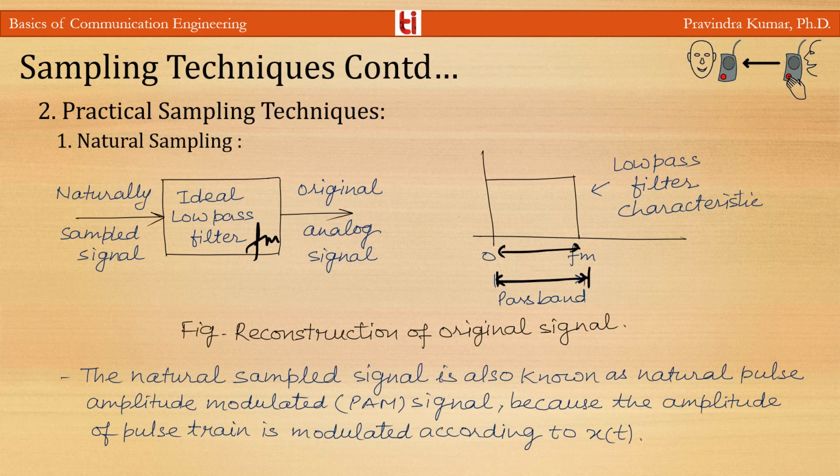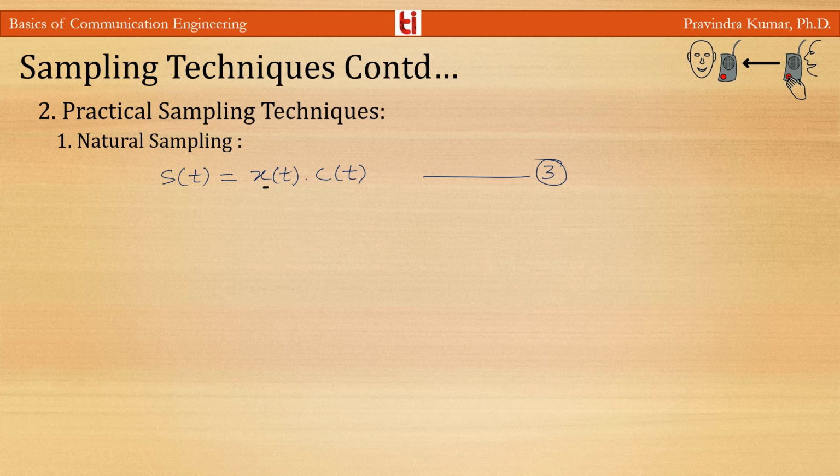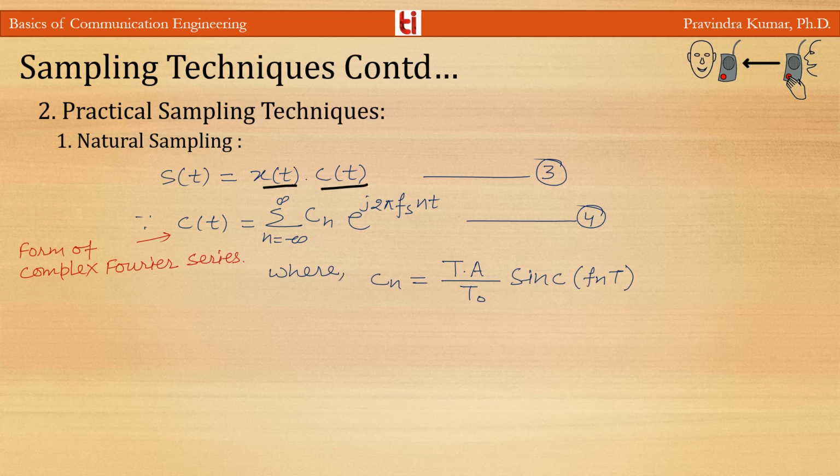is 0 to fm. The naturally sampled signal is also known as the natural pulse amplitude modulated (PAM) signal, because the amplitude of the pulse train is modulated according to the signal x(t). Now you know the sampled signal s(t) is the multiplication of the baseband signal x(t) and the sampling function c(t), and this sampling function c(t) is of the form of a complex Fourier series, and it can be represented as summation n from minus infinity to infinity Cn e to the power j 2 pi fs n t, where Cn